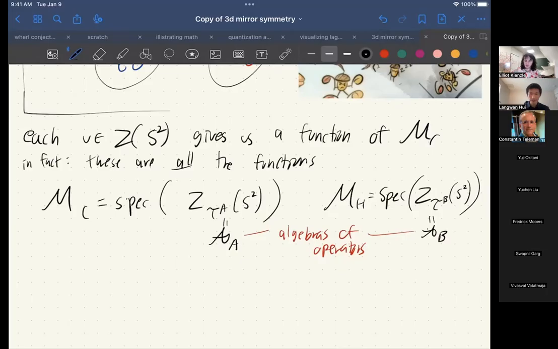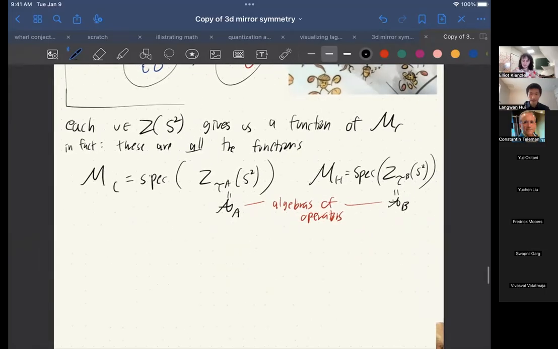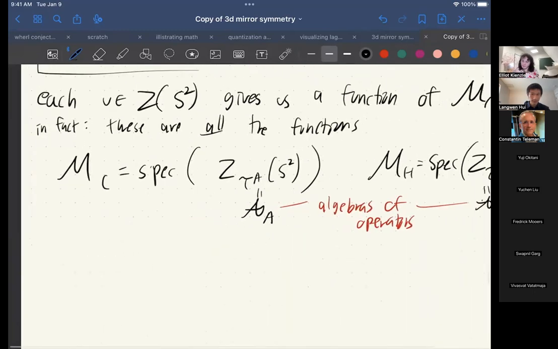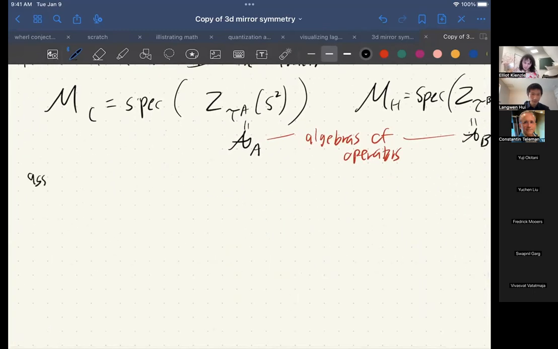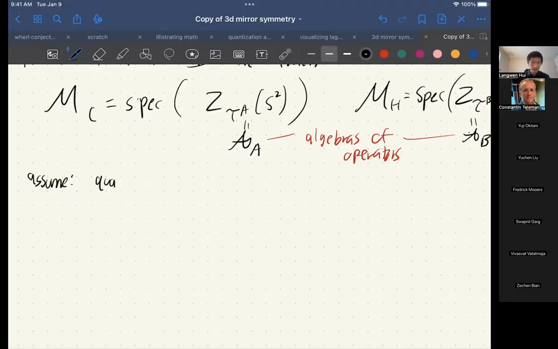Okay, so let's actually work out these rings of operators a little bit. Now to do this, I'm just going to have to say by fiat how these quantum field theories work, but that's okay. We're going to make a simplifying assumption, which I've been implicit in this whole time: we're going to assume that the quaternionic representation that we started with,